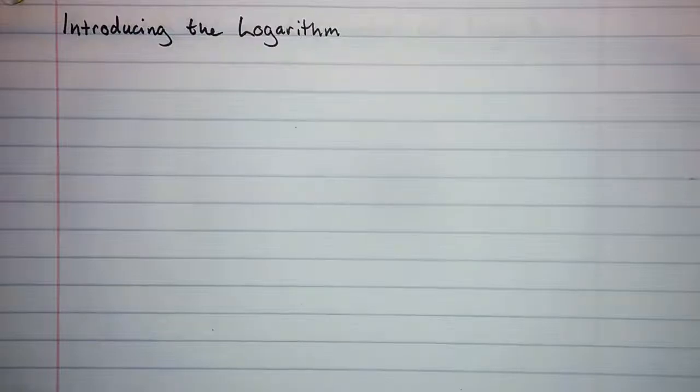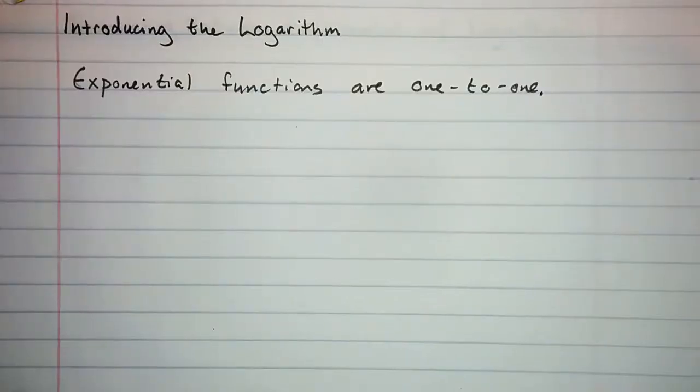When we were discussing exponentials, you may have noticed something from their graphs, and that is that the graphs of exponentials pass the horizontal line test. That is, exponential functions are one-to-one, but their inverse isn't any of the functions that we know so far. In order to take the inverse of an exponential function, we have to introduce a brand new function called the